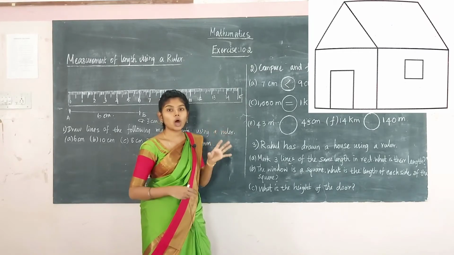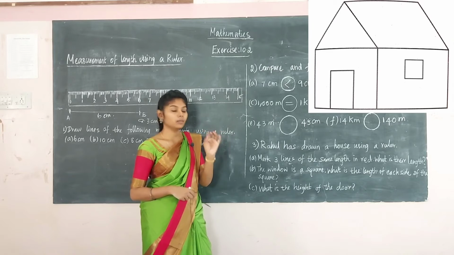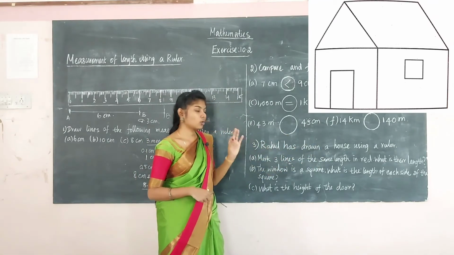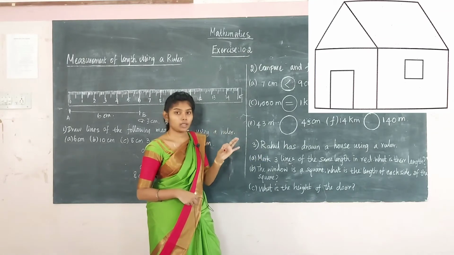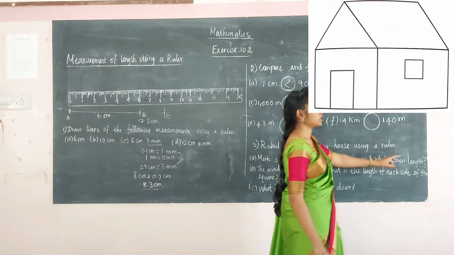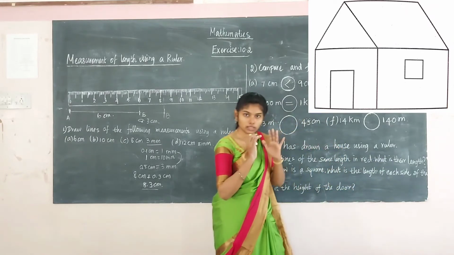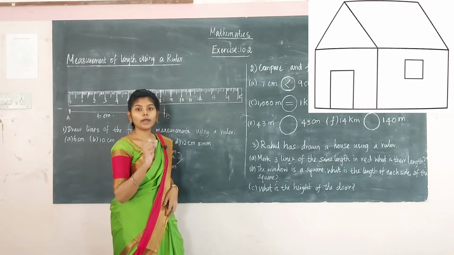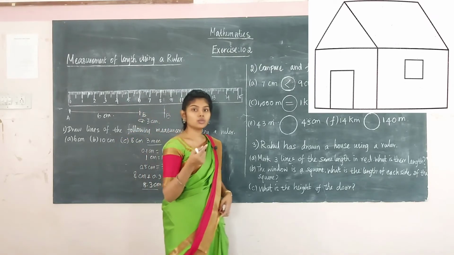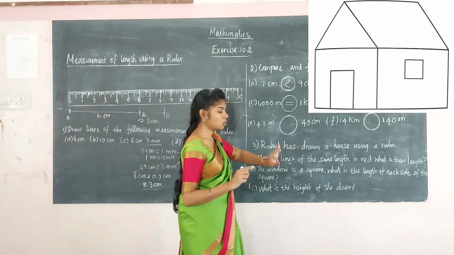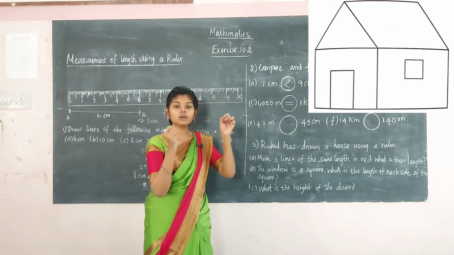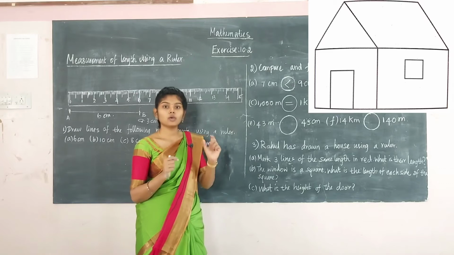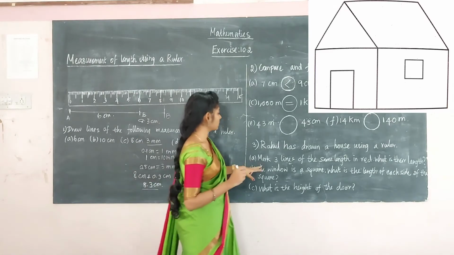So you are going to draw them in red color. With the red color pencil or marker you can draw. The 3 lines which are the same in length, you are going to find, and you are going to find what is their length. So see the picture, take your ruler and keep the ruler on the point. From point to point you are going to see and find the answer, how much the length was.